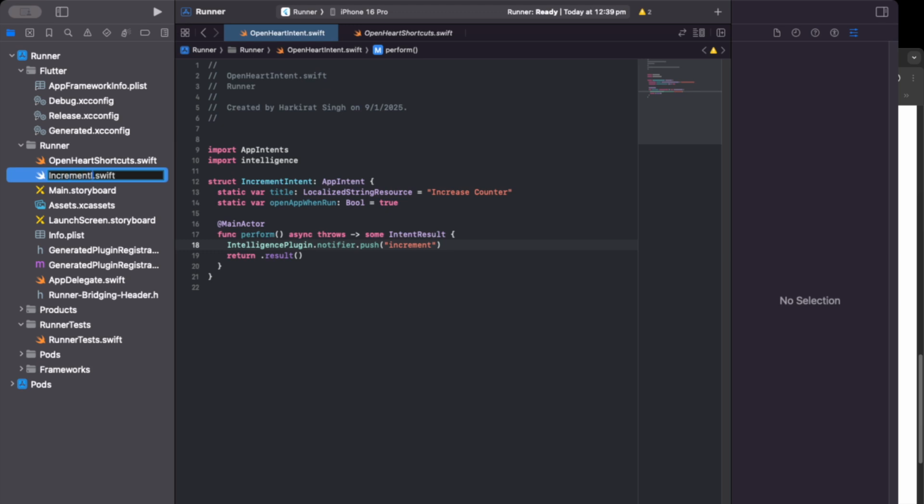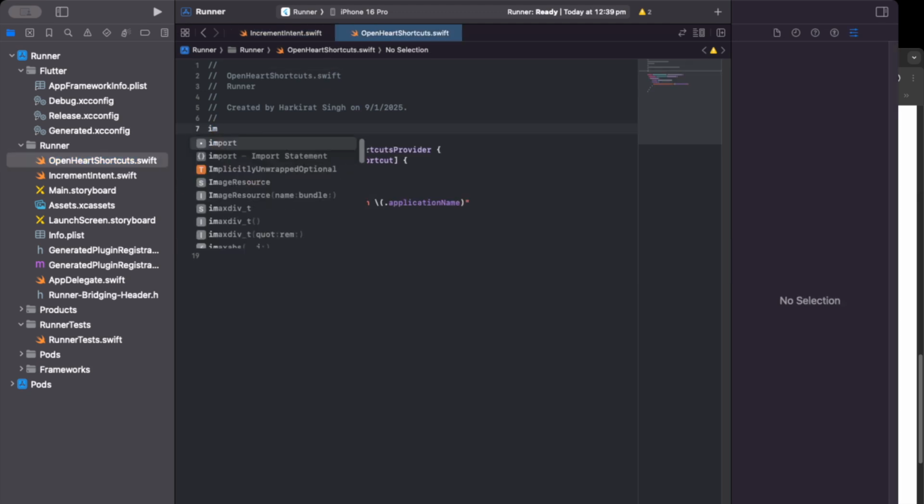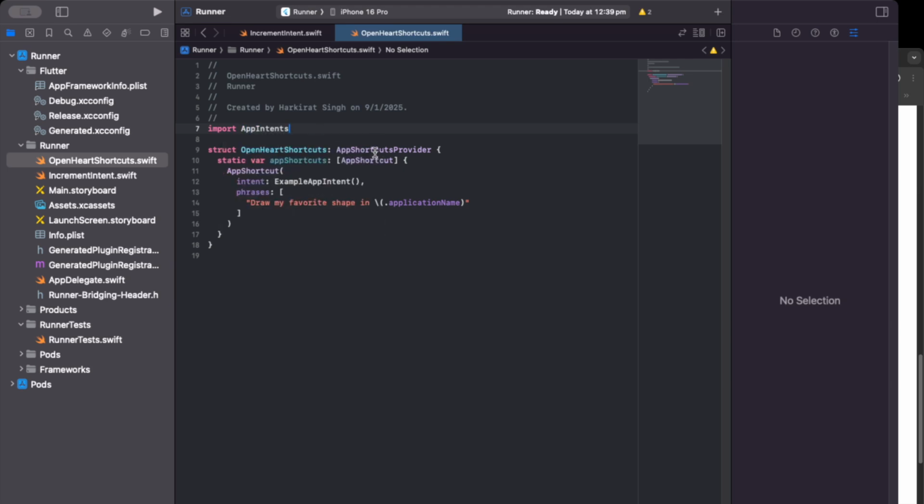And intent, this is the intent in the previous step, and now the shortcuts thing. So we also need to import app intents for this app shortcuts definition, because these are defined in app intents iOS native side. So we should also change the name to all app